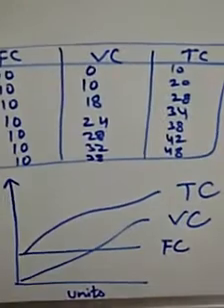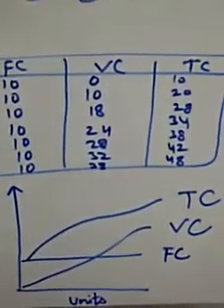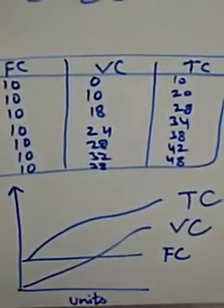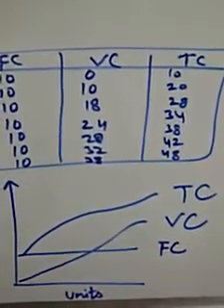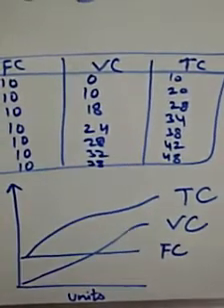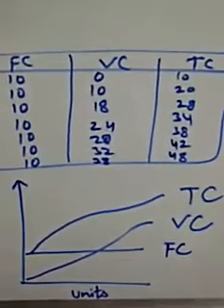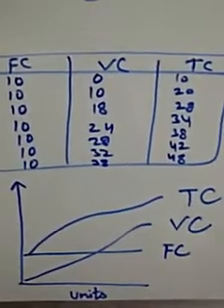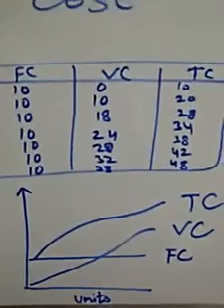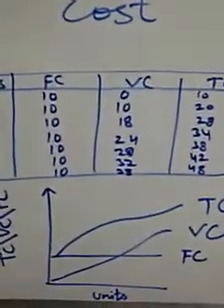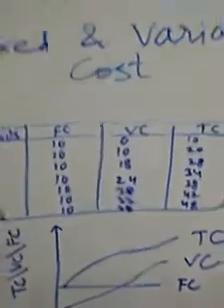In future, they will not intersect with each other because fixed cost can never be zero. This is the reason why total cost and variable cost will not intersect, because fixed cost can never be zero. TC is parallel to TVC. It shows that there is a difference between TC and VC, and that difference is because of the presence of fixed cost. So students, in this diagram the relationship between TC, VC and FC is also clear.